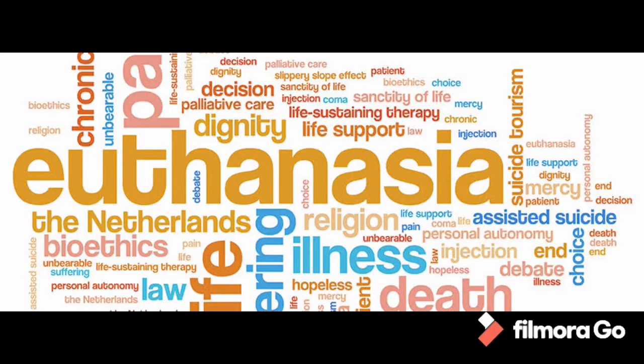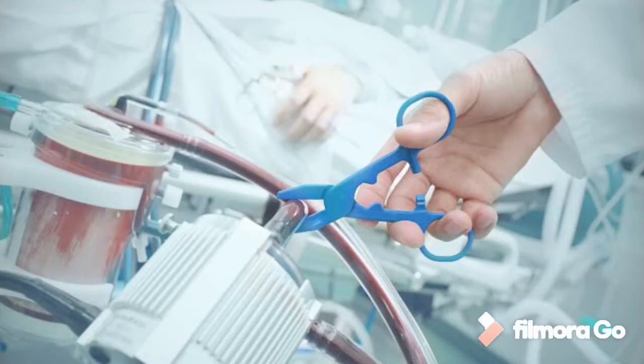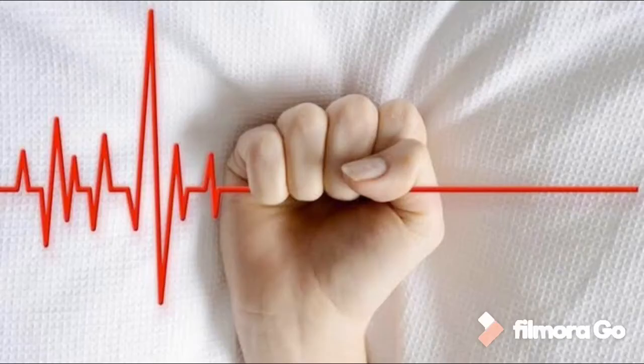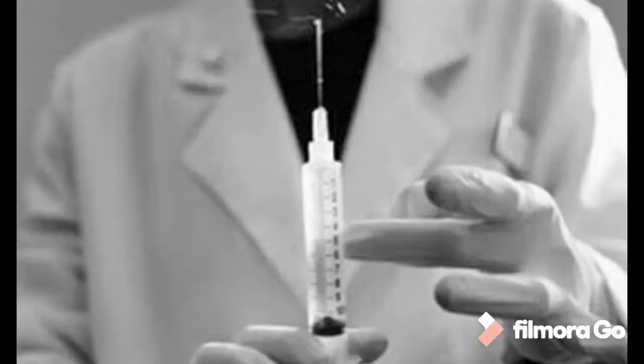Today, euthanasia is defined as an act that brings about the death of a terminally ill person who is either suffering tremendously and/or is near death. Death is brought about either by actively causing the patient's death, such as by giving a lethal injection or removing oxygen from the patient's room, or by passively causing the patient's death, such as by withdrawing or withholding treatment which is perceived as useless. The former is known as active euthanasia, while the latter is known as passive euthanasia.